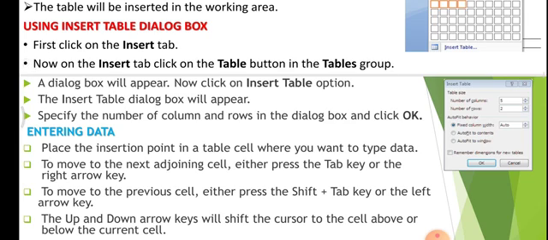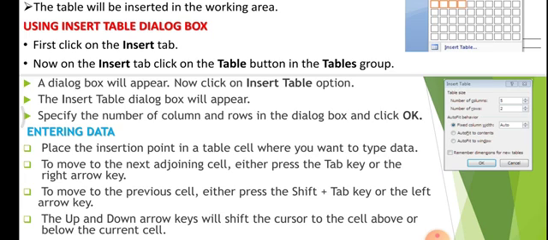Using the Insert Table dialog box. First click on the Insert tab. Now on the Insert tab, click on the Table button in the Tables group. A dialog box will appear. Now click on the Insert Table option. The Insert Table dialog box will appear. Specify the number of columns and rows in the dialog box and click OK.